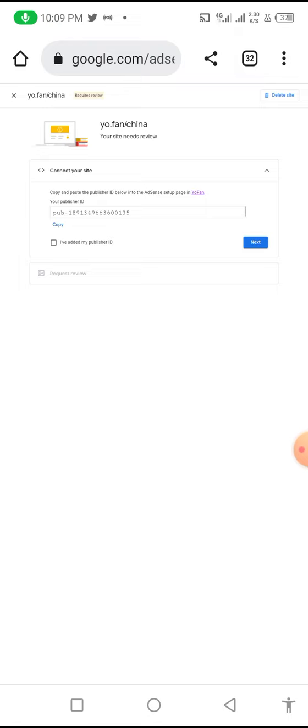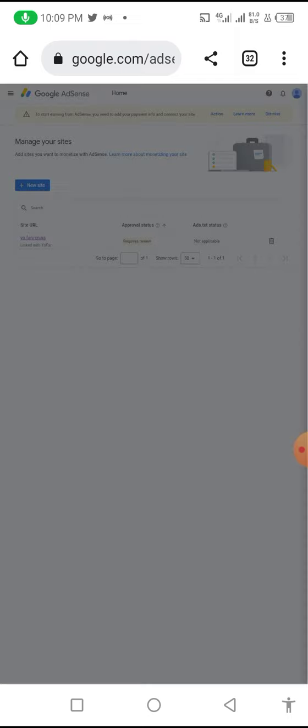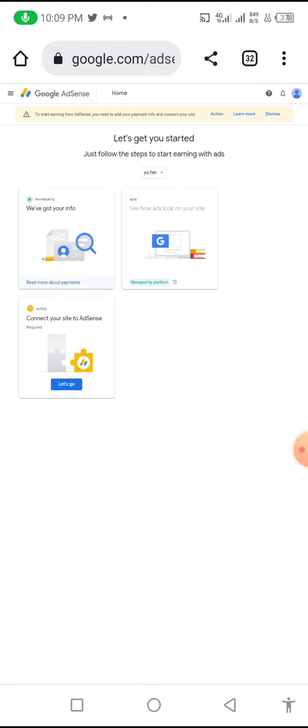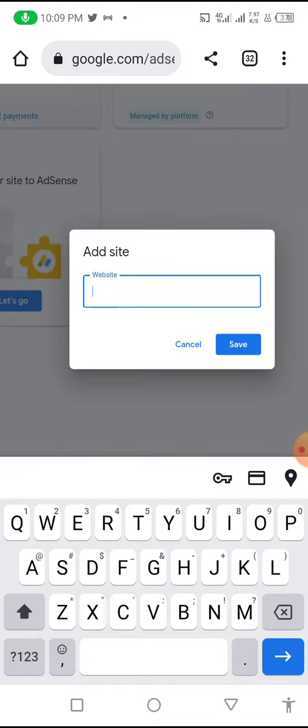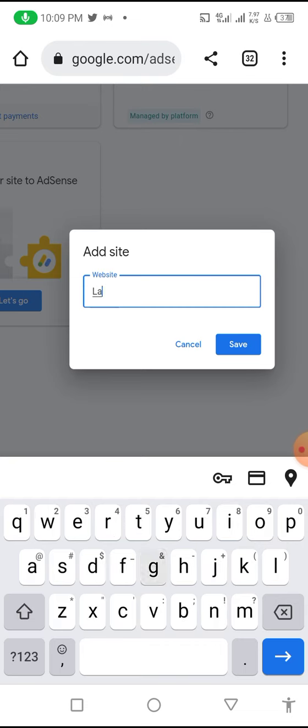From your AdSense, you say add new site. This one is Yo.fan. This one you say add new site. Click here, add new site. Then in the place that says add new site, just put lagged.com. You save.